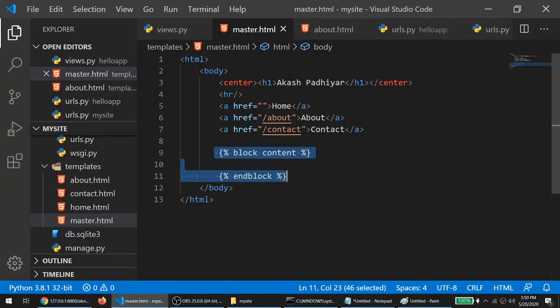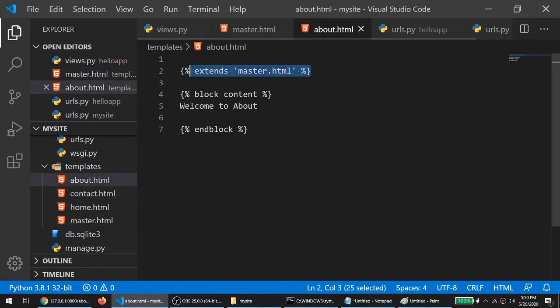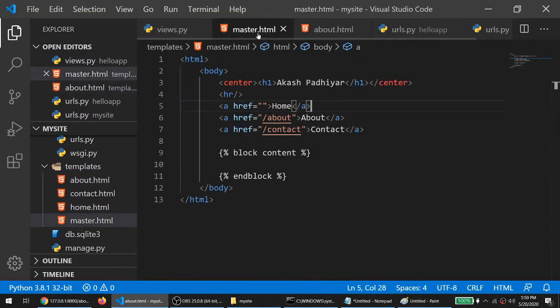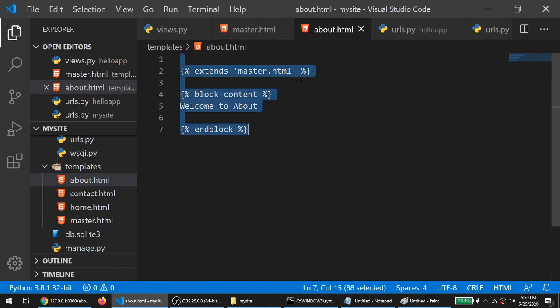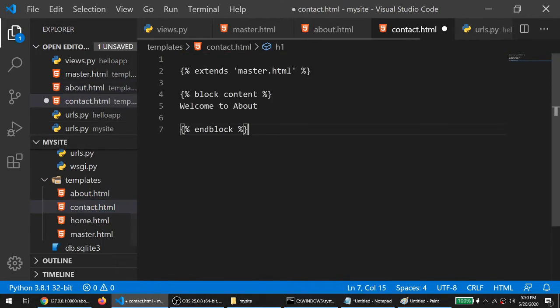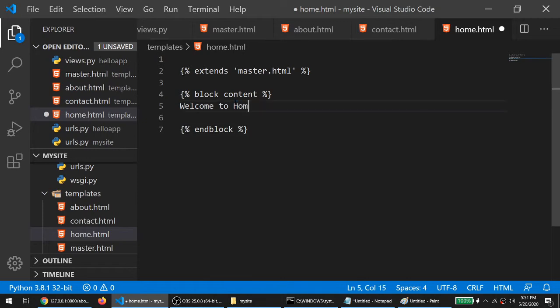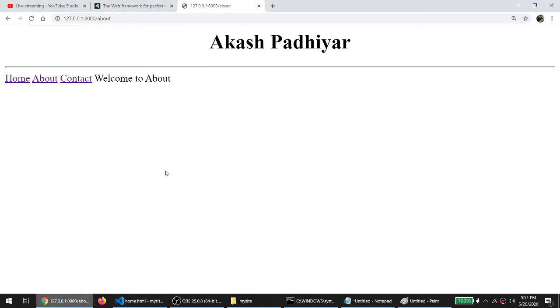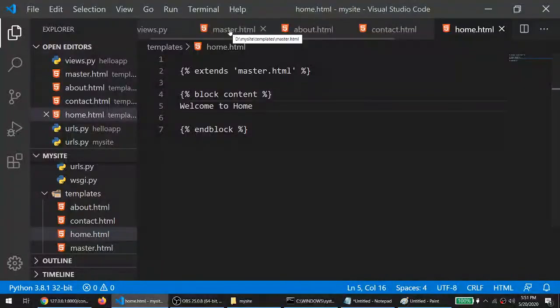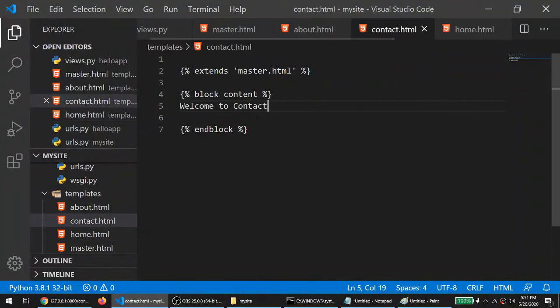Okay, so now you can see we have defined one master layout over here. Okay, so same thing we have to do for our about and contact. So simply we have to change the contact, and in the home page we have to change. So home. But now if I run my website, you can see this is my home, this is my about, but the link is not working, I think so. Home, in home I think we have to change the content. My content is contact.